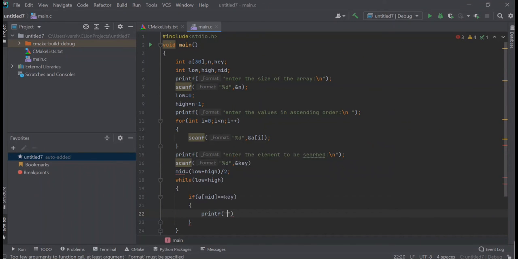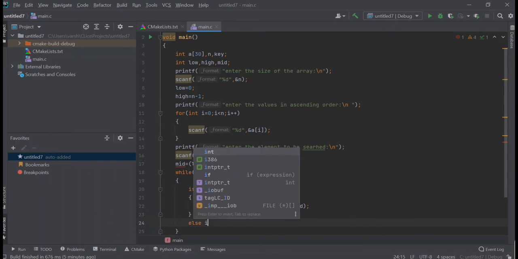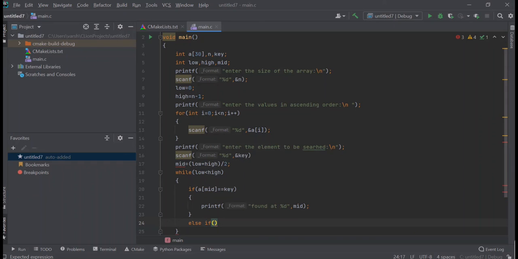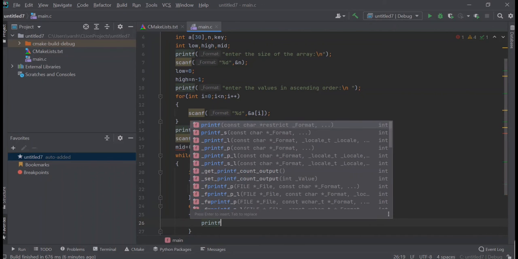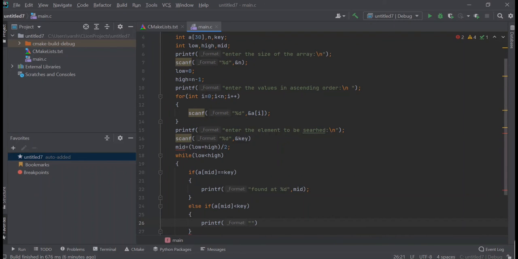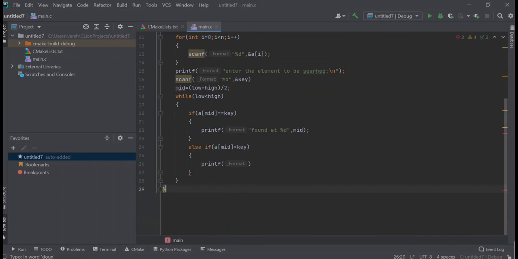So if my a of mid, which means in my array elements, the middle element of the array, is equal to key, then the element is found at that particular position, which is going to be mid. Now our else if statement. If my array of mid, which is my middle element, is less than key. So if the element which is in the middle of the array is less than the key you've entered,